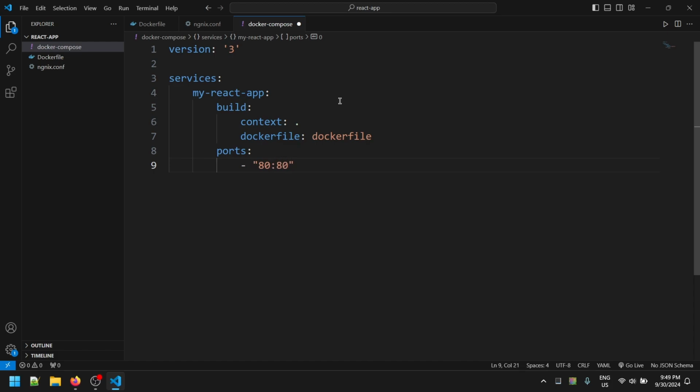80:80. It will expose the port on 80 actually in the Dockerfile. And for the volumes, I am using the nginx - ./nginx.conf